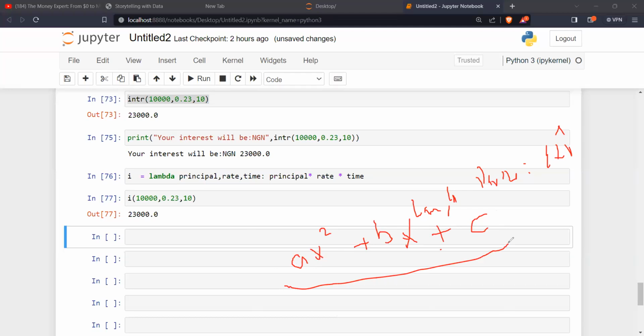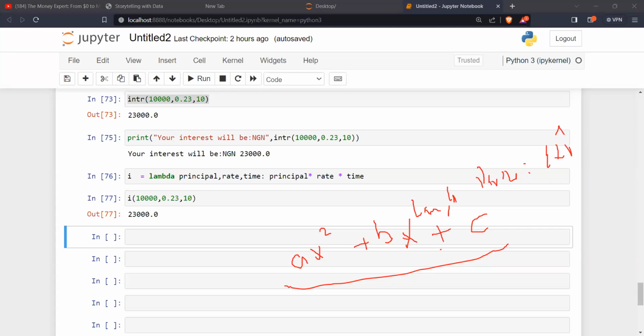Now, in this case, how many parameters do we have? Four.